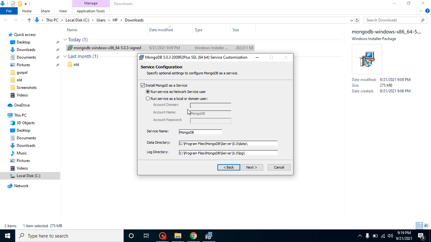We have the option to provide the domain name, account, and password, but we are just installing it for learning purposes, so we don't need these authentication and security things. Yes, if you need a separate video on how we can use the domain name and password with MongoDB, I can make a separate video. You can ask me in the comment box. But for the moment we will go with the default settings, and we are not going to change the database directory and log directory. If you are an expert in MongoDB, then you can make these changes, but if you are a beginner, then it's really easy and recommended to just go with the default settings.